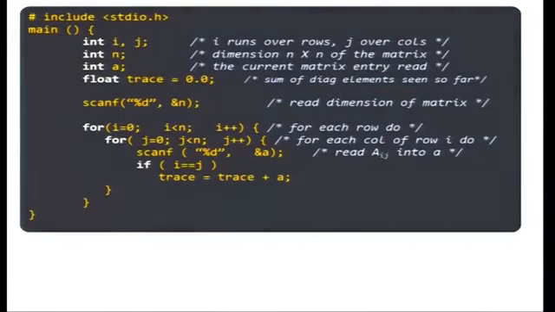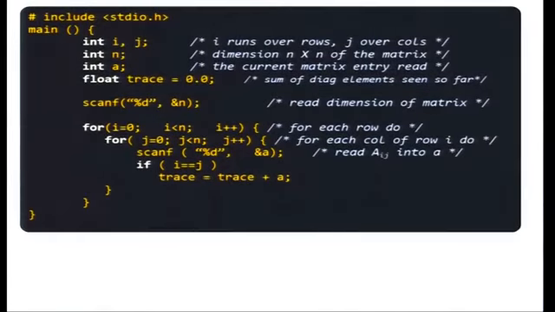So let us write a C program to solve this problem. Now you should be familiar with how we compute the trace of a matrix. For example, if the matrix is given as, let's say, 1, 2, 3, 4, 5, 6, 7, 8, 9. The way we do it by hand is, look at the first row, only this element goes into the trace. So the trace is 1 plus,